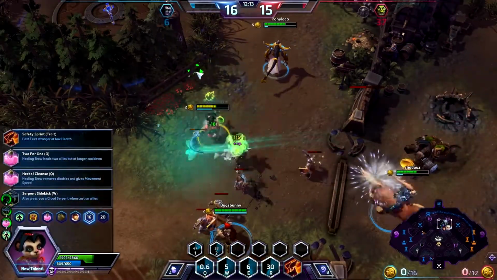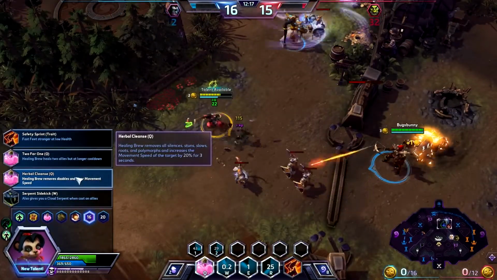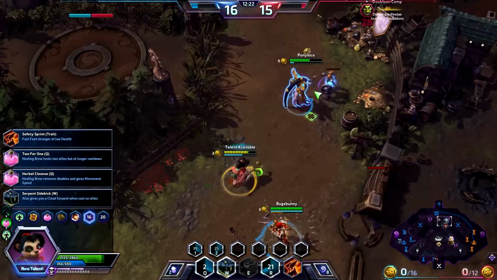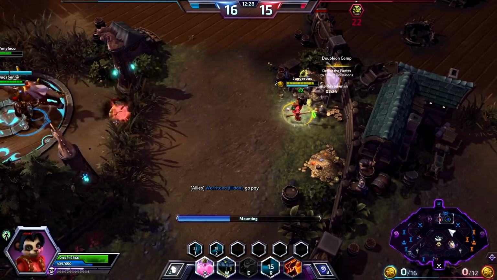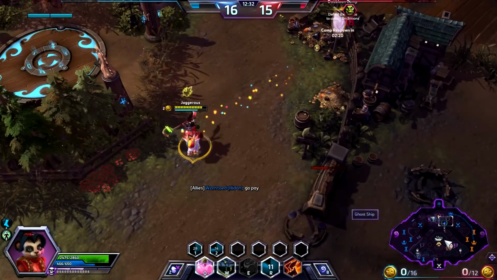Last talent, next talent is quite a clever one if you do the maths. So Healing Brew removes disables, gives movement speed. Sounds like it's quite good because roots in this game are kind of huge. But the talent you actually want to pick up is Healing Brew heals 2 allies at once, whilst increasing the cooldown by 1.5 seconds. Now, let's talk about numbers here. The reason this is the optimal thing to do is because...